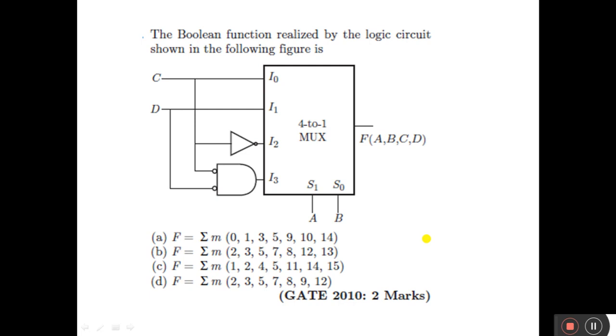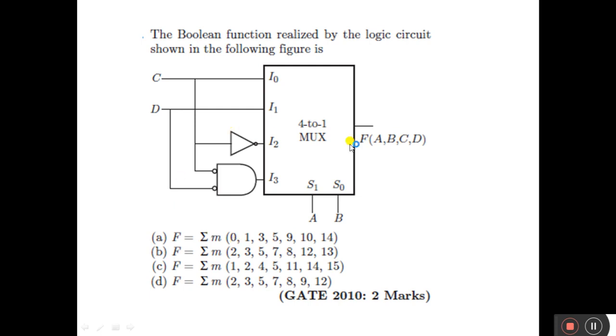Option B, f equal to summation m of 2, 3, 5, 7, 8, 12, 13. Option C, f equal to 1, 2, 4, 5, 11, 14, 15. Option D, f equal to 2, 3, 5, 7, 8, 9, 12. This question was asked in GATE 2010, 2 marks. In general, they ask for the output expression, but here they are asking in terms of numbers, that is minterms.